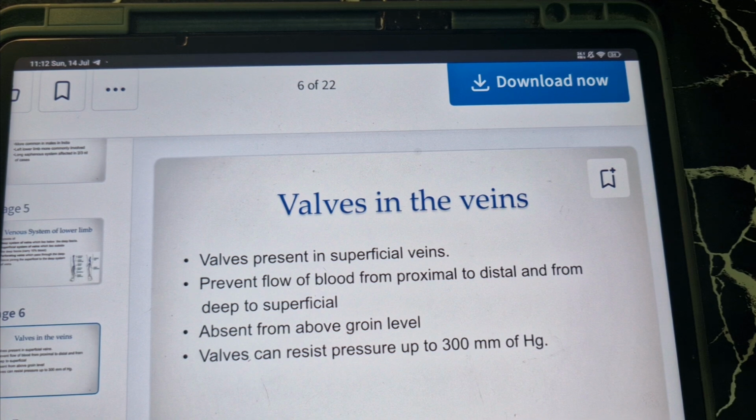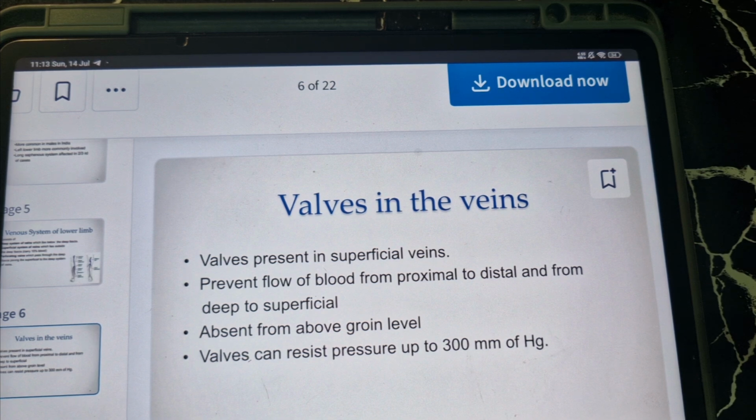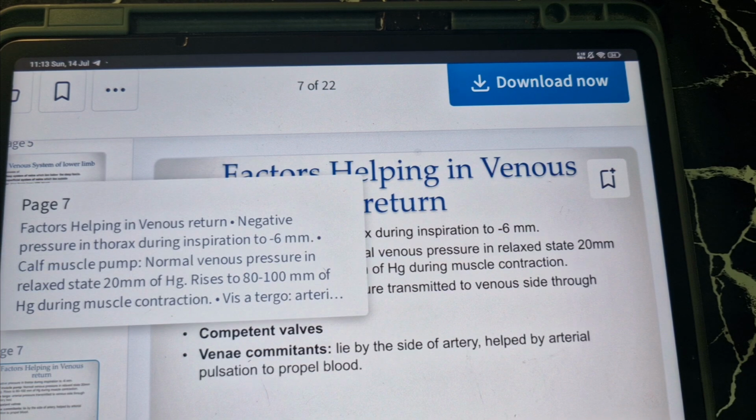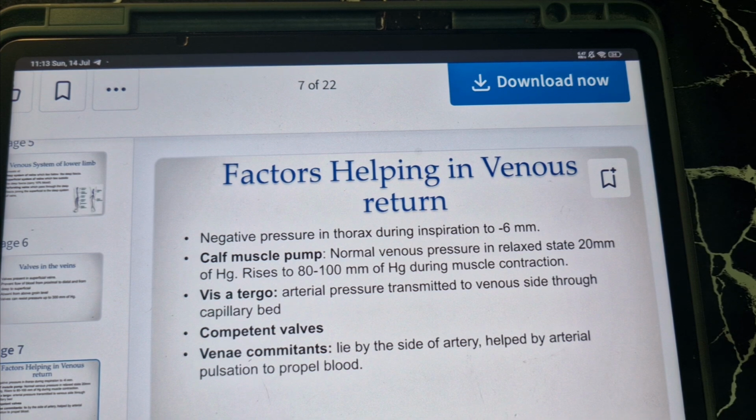Valves prevent the flow of blood from the proximal to the distal and from the deep to the superficial. They are absent above the groin level, that is, valves will be present in the lower limb. Valves can resist pressure up to 300 mm of Hg. Factors helping in venous return: negative pressure in the thorax during inspiration, that is -6 mm,